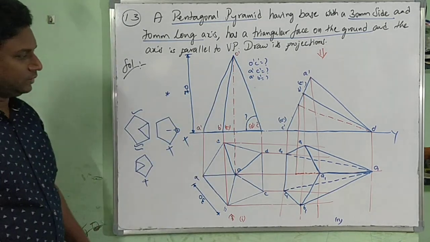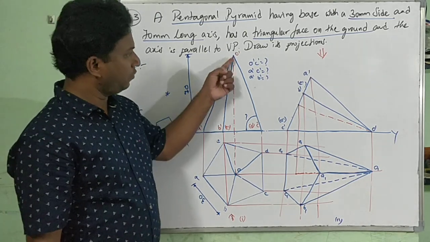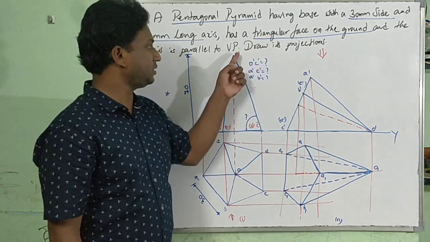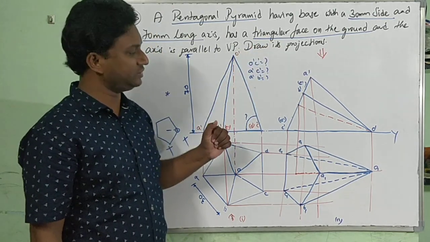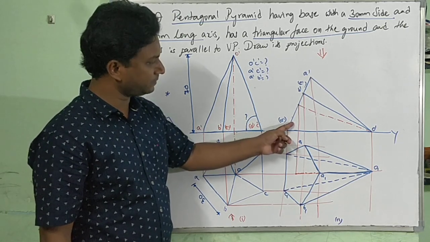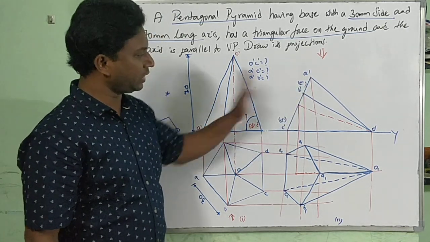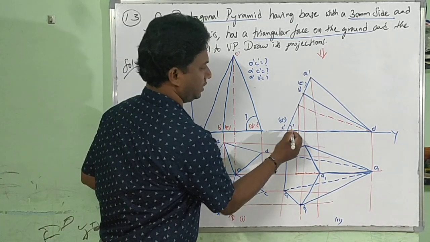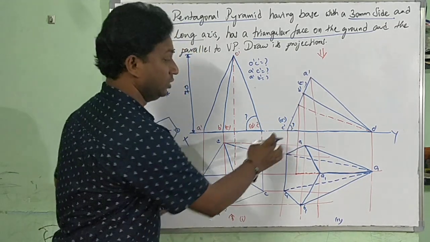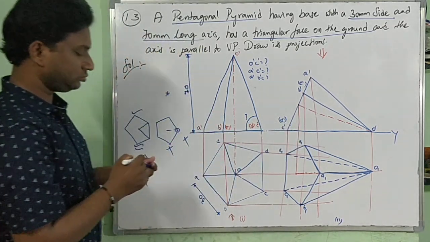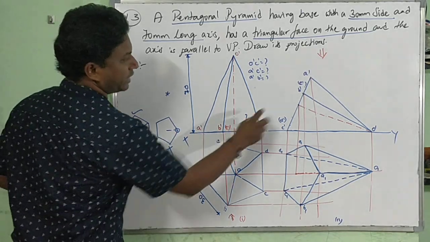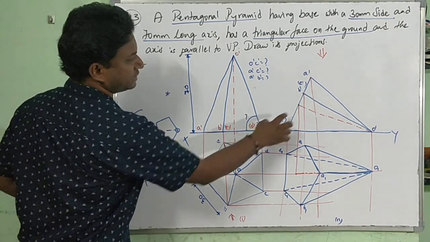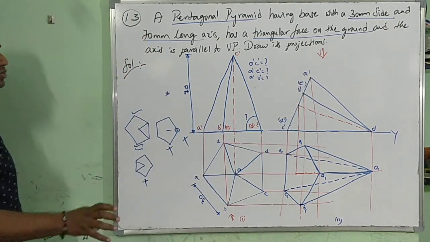Clear? One important thing here is O dash, C dash measuring, drawing here. Why? Because the triangular face is on the ground. O dash, C dash, D dash is the triangular face. Measure the angle, maintain it with this, right? Complete this total here, right? If you are still, you may get confused. This is the angle. This matches. But you should not show measurements. A dash, B dash points, A dash or E dash or here this axis, that location A dash. All you are supposed to measure.